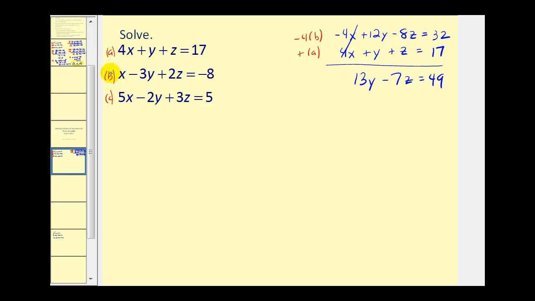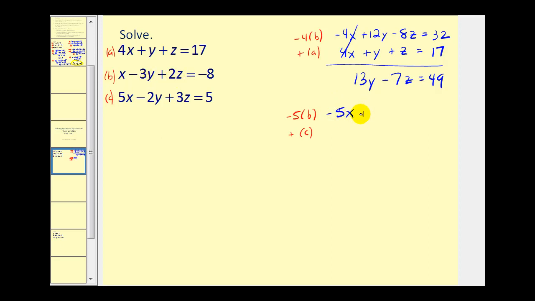Let's work with equation B and equation C. So if this is positive 5x, we now want this to be a negative 5x. So we'll multiply equation B by negative 5 and then add it to equation C. So again, we have negative 5 times equation B plus equation C. So multiplying equation B by negative 5, we're going to have negative 5x